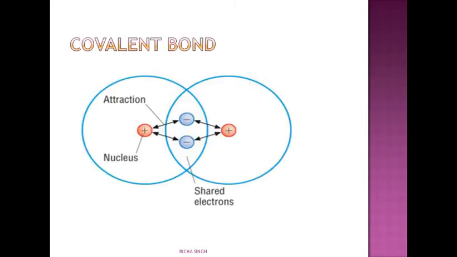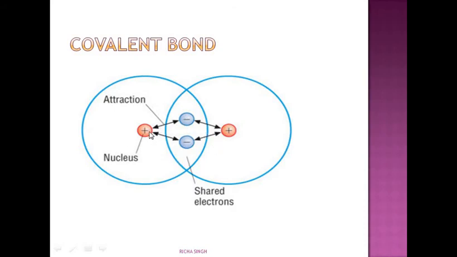So the answer to this question is that carbon is going to form a covalent bond. Covalent bonds are the bonds which are formed by mutual contribution and sharing of electrons. The electrons are being shared between 2 atoms and they both can share them. For example, you can see here there are 2 electrons and these are 2 atoms. They both are sharing these 2 electrons. Such a type of bond is called a covalent bond.